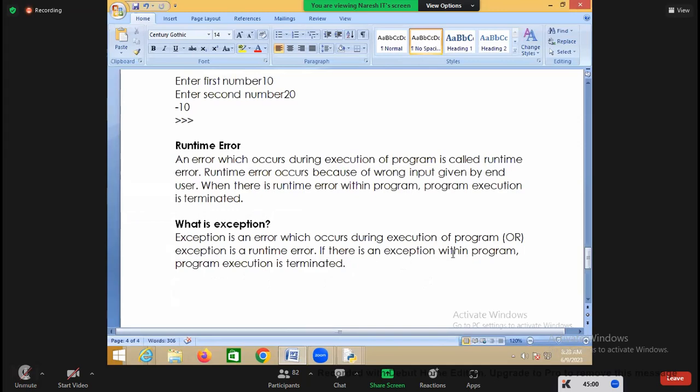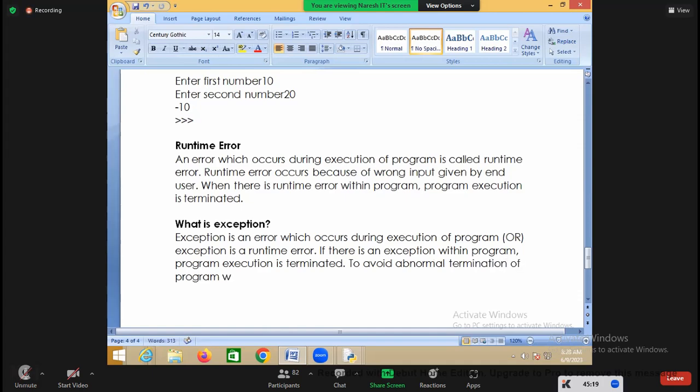If there is an exception within the program, execution is terminated, right? So to avoid abnormal termination of a program,